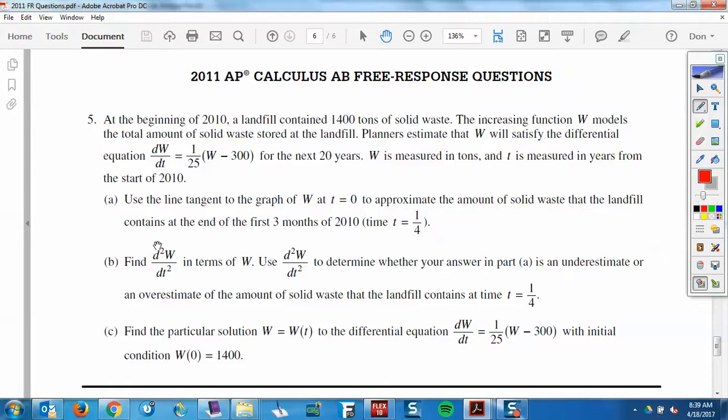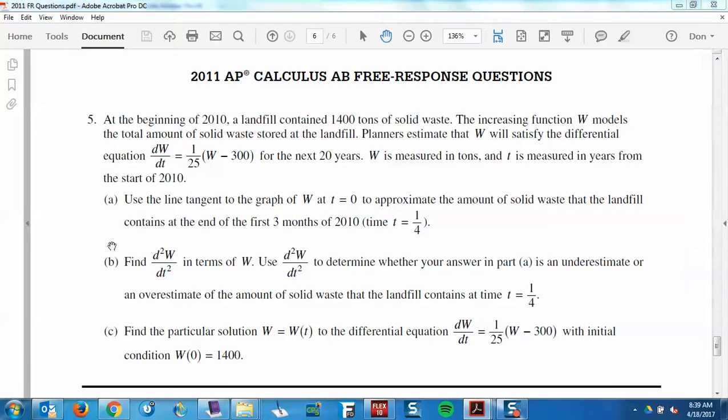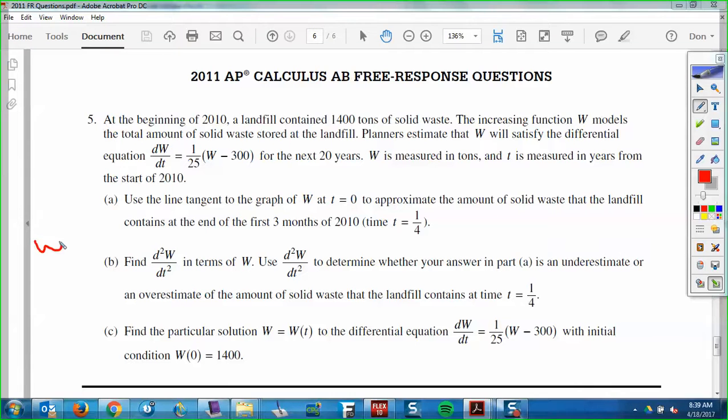What is d²W over dT²? What's that mean? W double prime. Okay? So that means we got to do the derivative of this, right? But we're going to have to do implicit differentiation. So this is W prime right here. So W double prime would be the